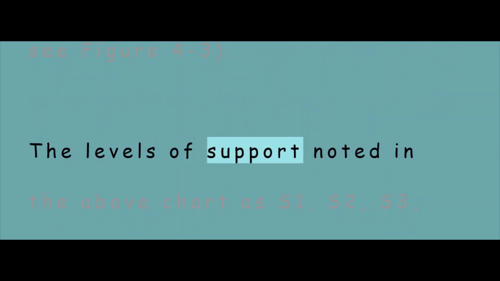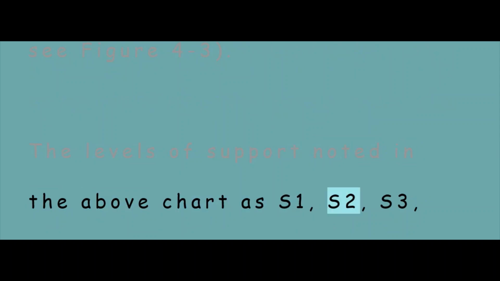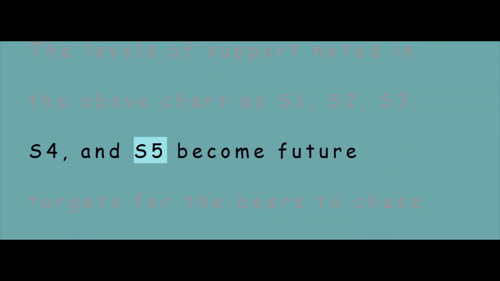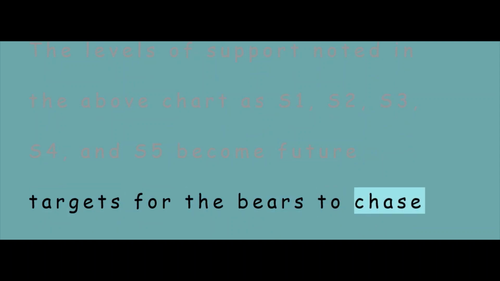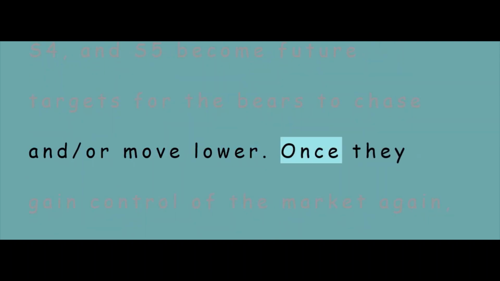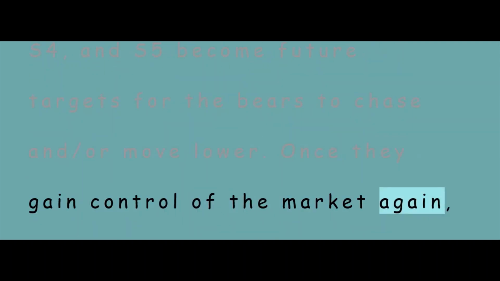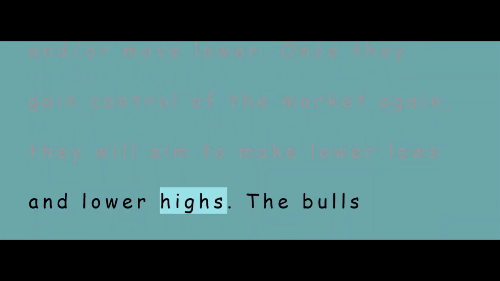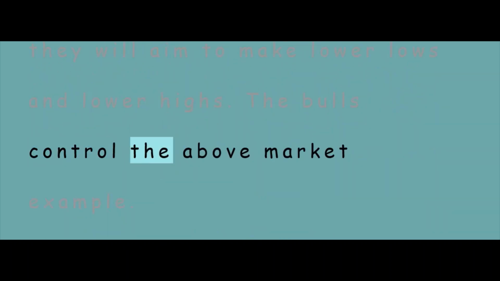The levels of support noted in the above chart as S1, S2, S3, S4, and S5 become future targets for the bears to chase and/or move lower. Once they gain control of the market again, they will aim to make lower lows and lower highs. The bulls control the above market